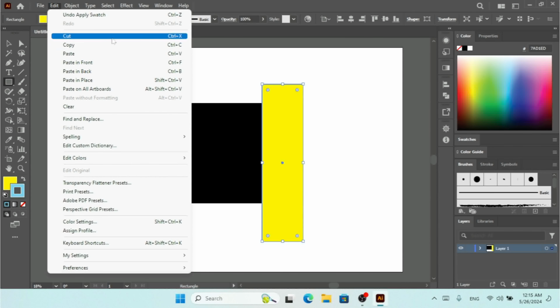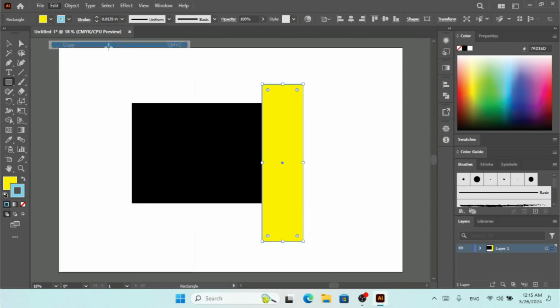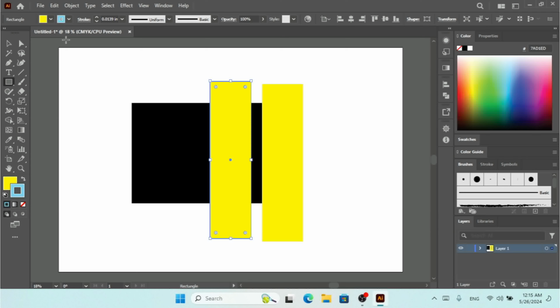And we have the cut. The shortcut for that is Ctrl plus X. And we have the copy. We can make a copy out of this. When we have made a copy we can paste, so the shortcut for paste is Ctrl plus V. So I'm going to click on copy, and here on edit I can click, or you can just hold Ctrl